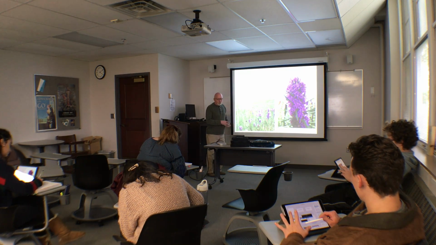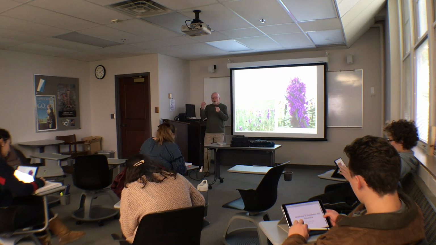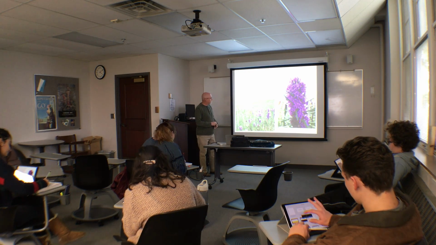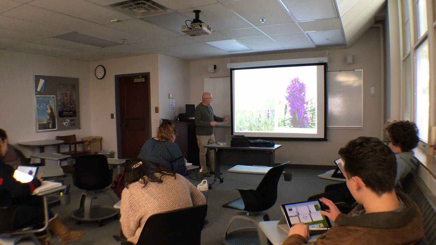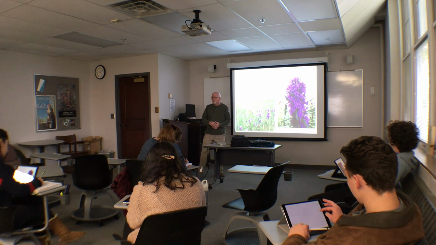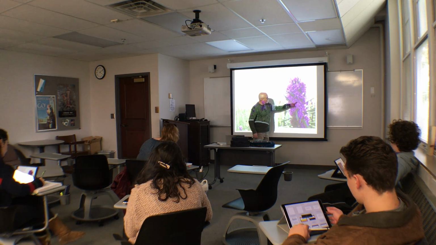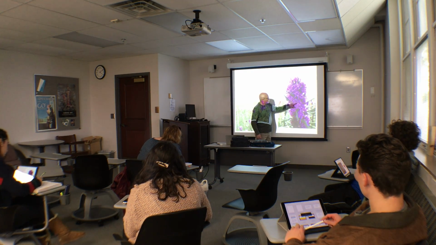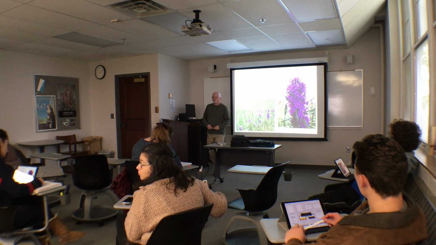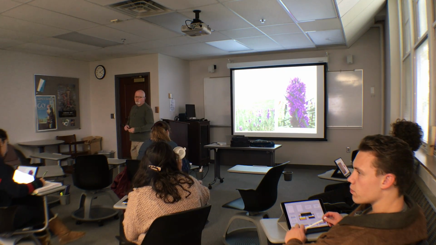It's a C3 plant as well. It looks kind of like a grass in that the leaves are long and lanceolate, but it's not a grass. It's actually a non-grass species. Just so you understand what's special about the Asteraceae, those little pink individual florets, each one of those is homologous to, or the equivalent to, an entire sunflower head. So there's many, many flowers, and then the stalk is composed of many of those heads.